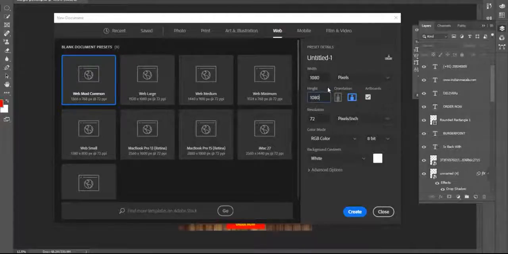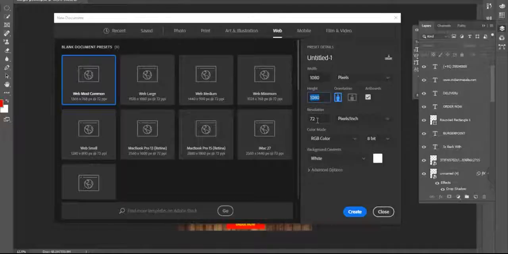So here is my size for Instagram. Sometimes I make 600 by 600, 500 by 500. Whatever you need, you have to make a square canvas, right? So today I make 1080 pixels by 1080 pixels, and in the last class I told you about resolution.